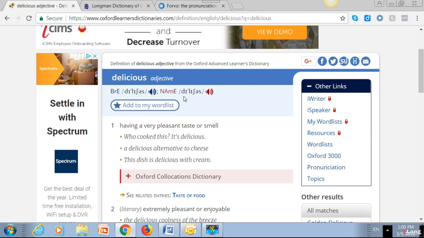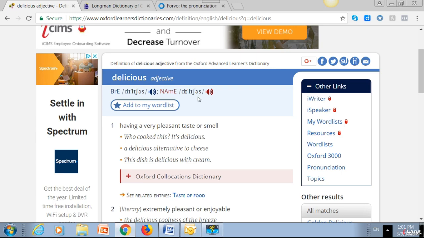We haven't done a lot of work with the International Phonetic Alphabet yet, but we have seen the upside down E, right? Which is the schwa sound. So I want to point out that if you look at the arrow, I'm pointing at that upside down E or schwa. So you'll notice this word is pronounced delicious, delicious. So that's the schwa at the end there.